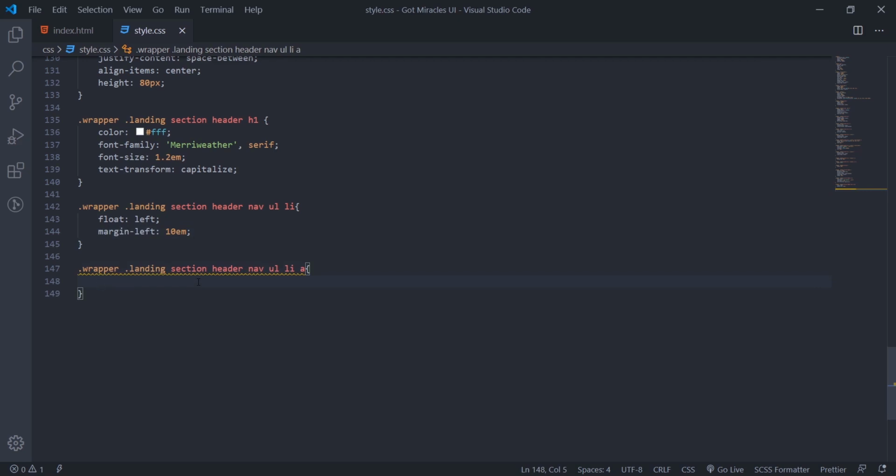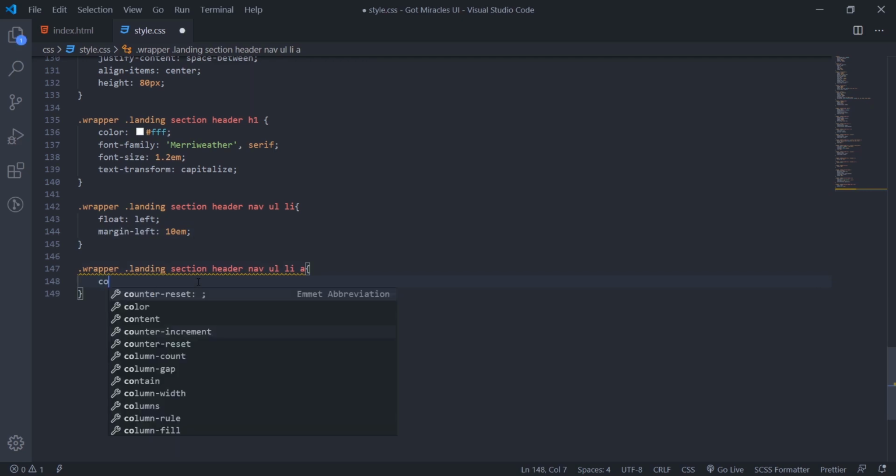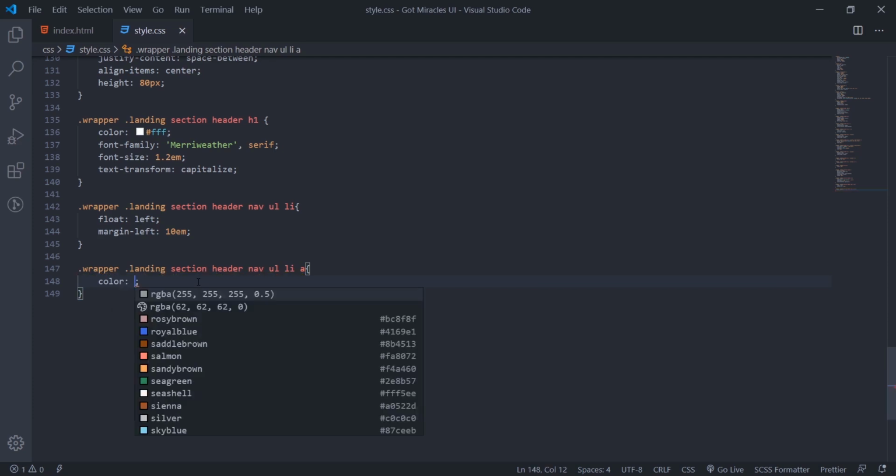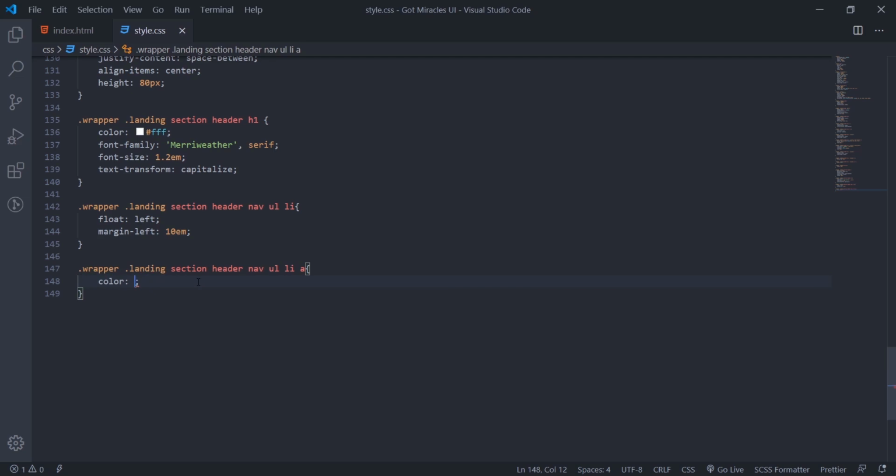Then this one, color will be white. After we set it to white, we'll set font size to 1.5em.